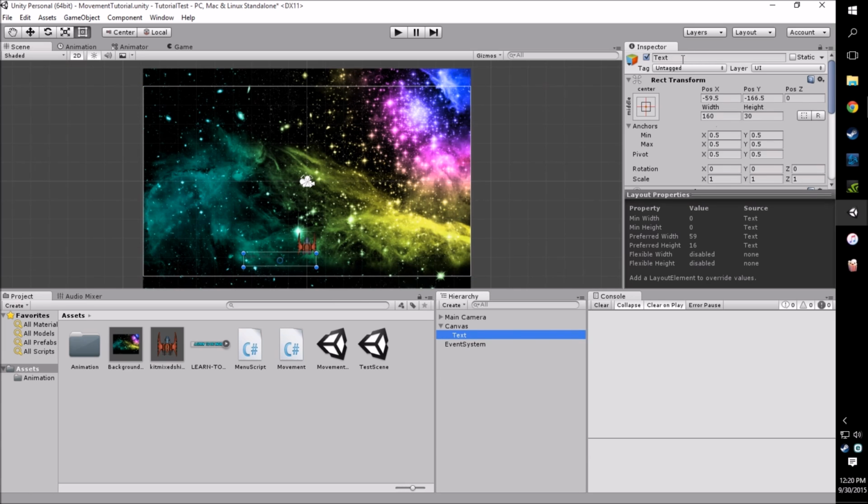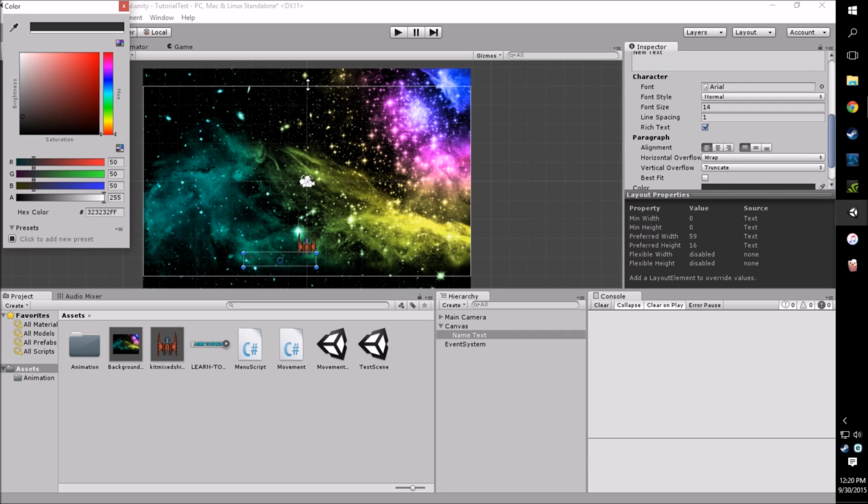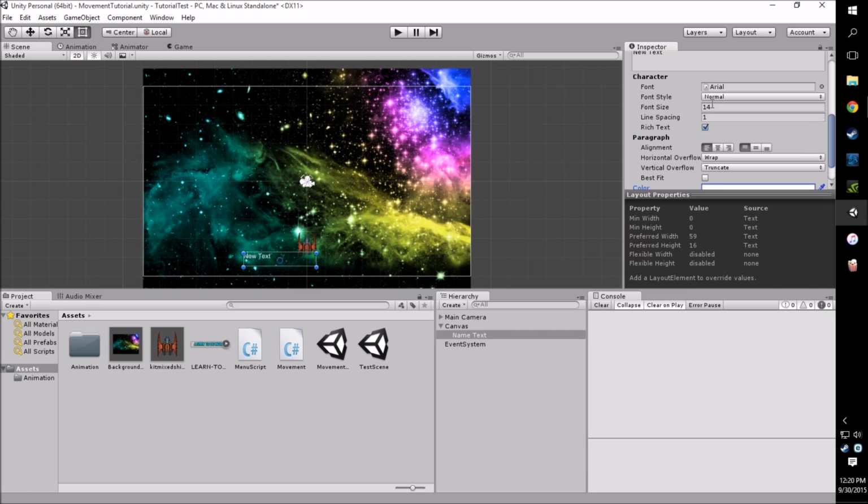It's a little bit hard to see right now just because the text is black, but we're going to change this to name text because I'm simply going to show a player name on the screen with this. So I'll change this to white so you can see. And then I like to just put in a little bit of placeholder text because this is going to be updated at runtime. It really doesn't matter what you put in here at this moment. So once we have that, I'm going to position it